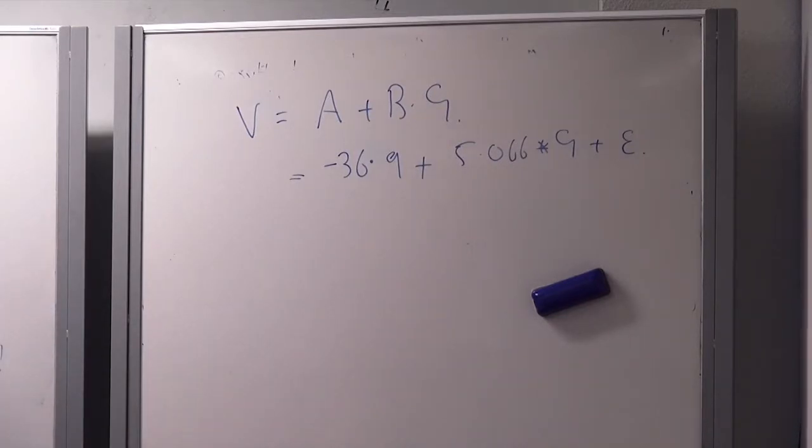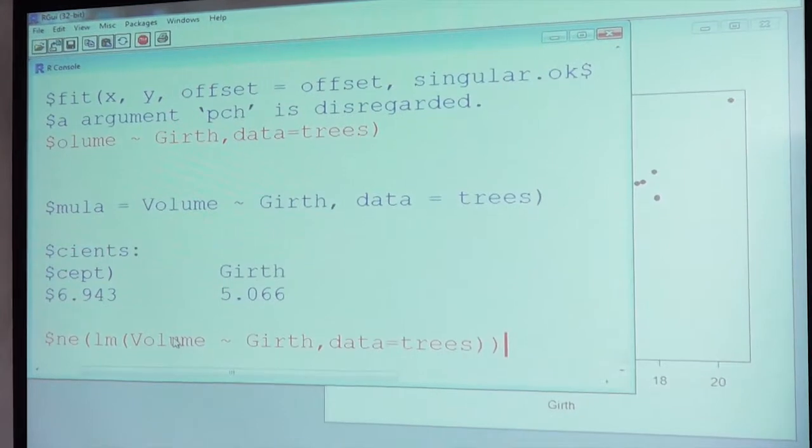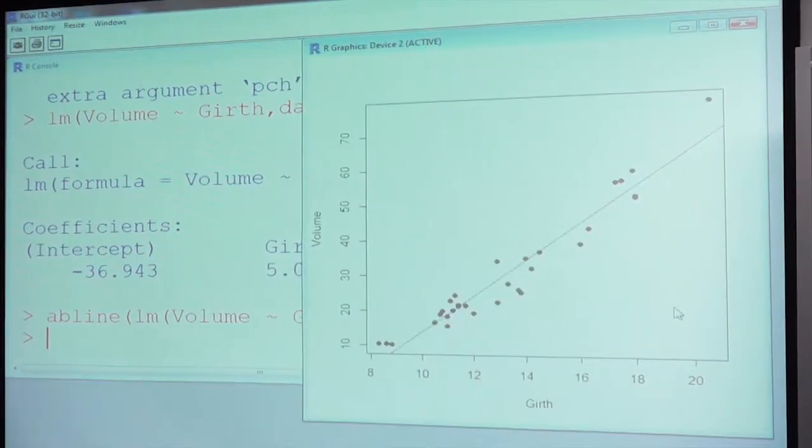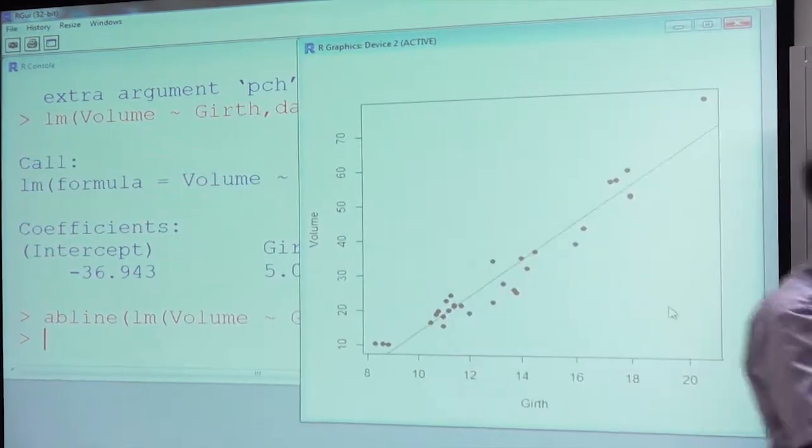Now, on the one hand, this is quite a good model, in the sense that the line goes through the points. On the other hand, it's a poor model